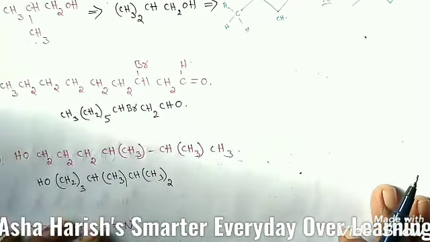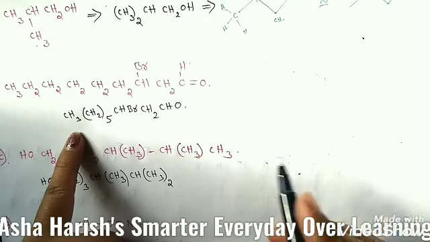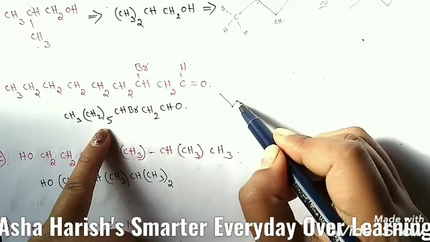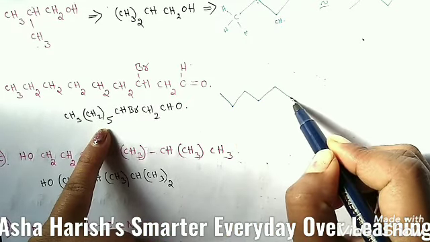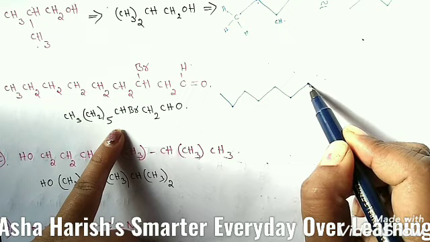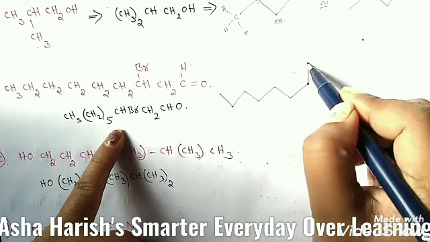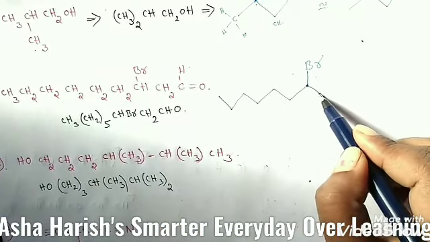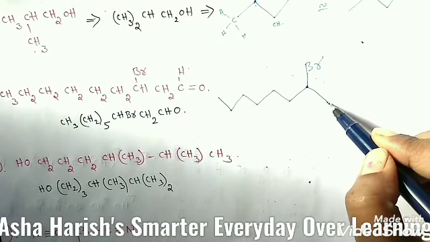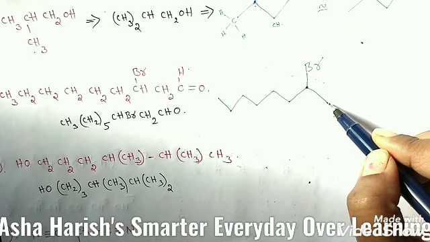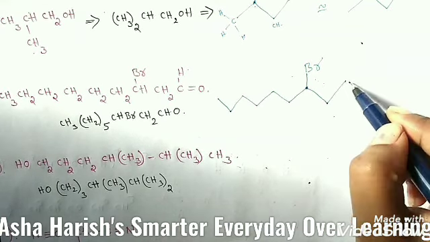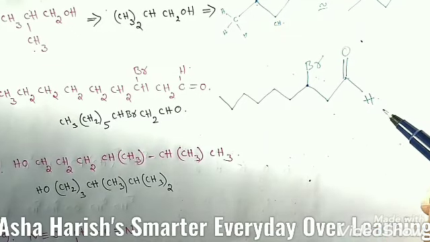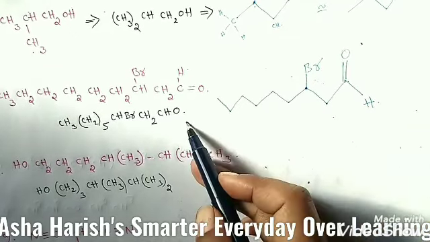And we shall go for the next one. One CH3, so like this, and CH2 5, so 1 2 3 4 and 5. Here one bromine and CHBr, again CH2, so here CH2 and CHO, so here one carbon, then here double bond O, then H, right? This is the representation of the second one.